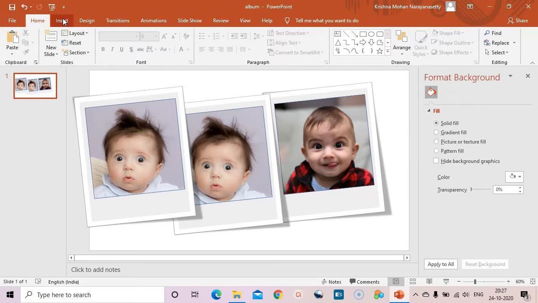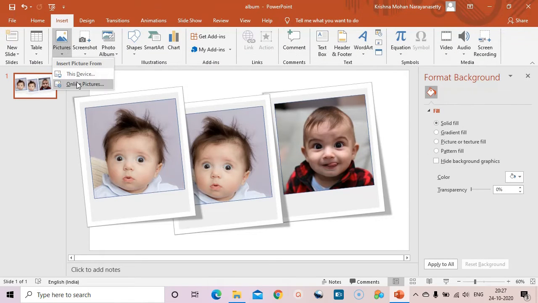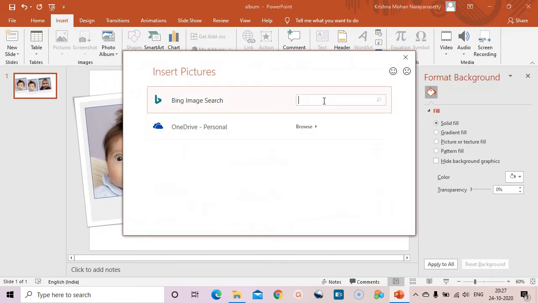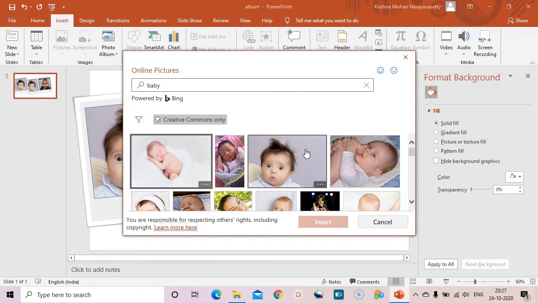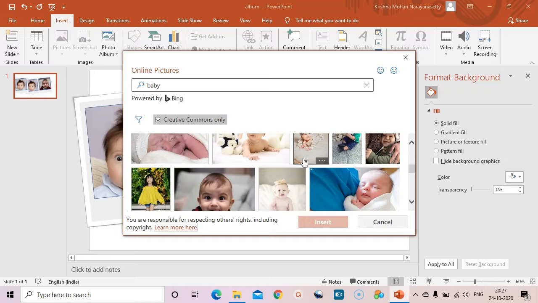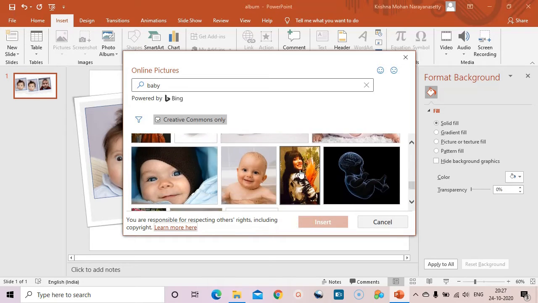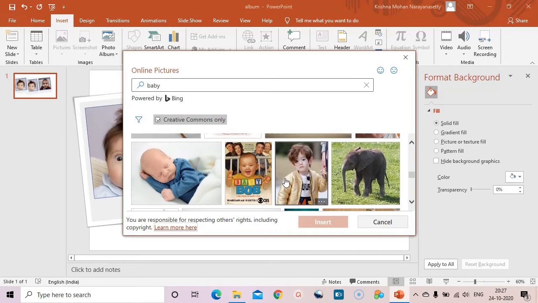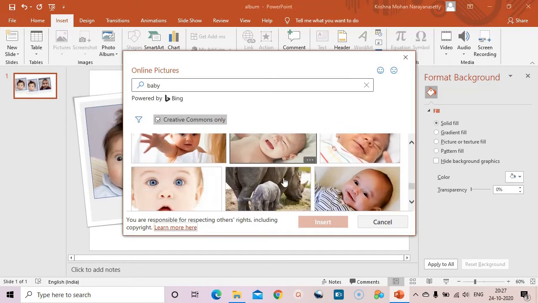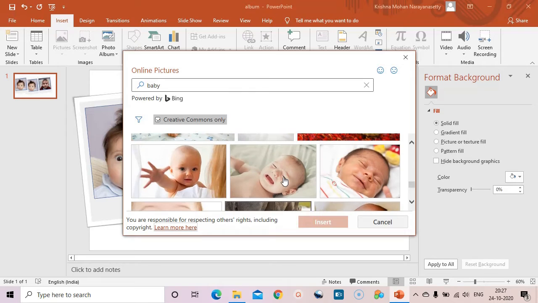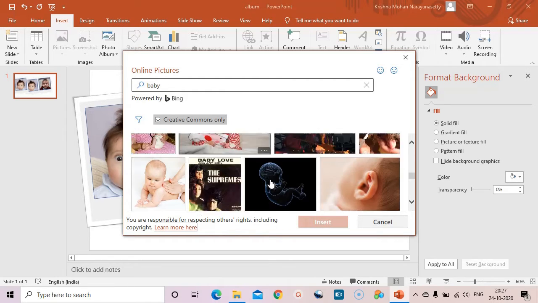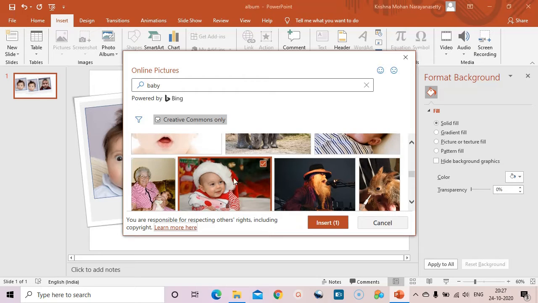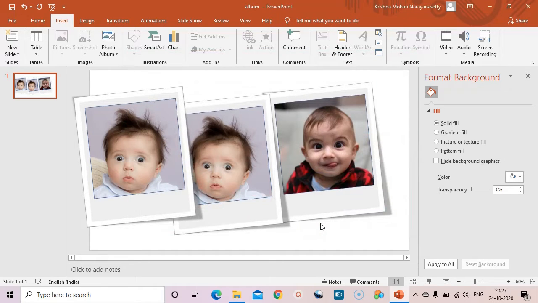So let me insert one more photo, insert photos, online pictures, again baby. So let us take one more baby picture. Yeah, let's take this one, insert.